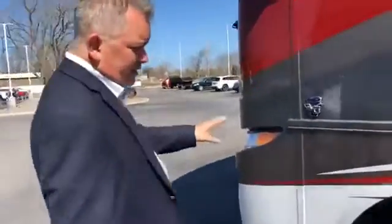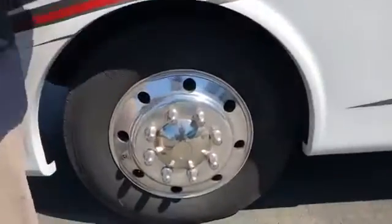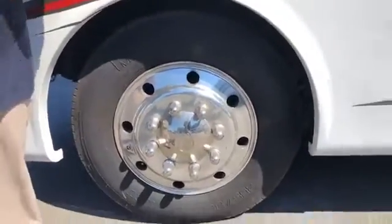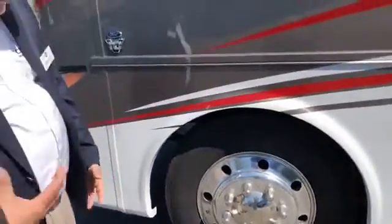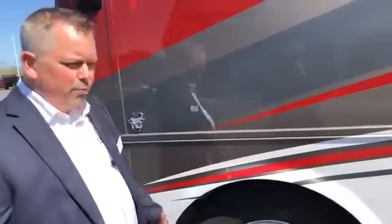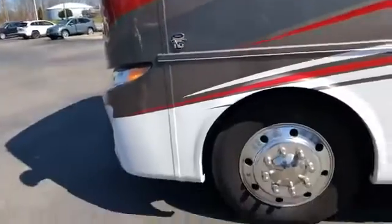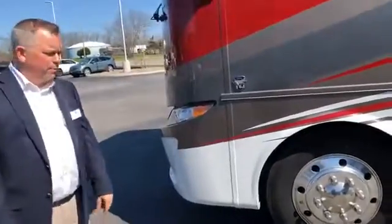They have 22.5-inch tires, which gives you, on a 26,000 pound chassis, is a very big chassis, very heavy. They want to make sure that you get a nice ride. You can support all the weight and have a more comfortable ride. Michelin tires, they all use that on all their motorhomes. They're one of the best tires in the